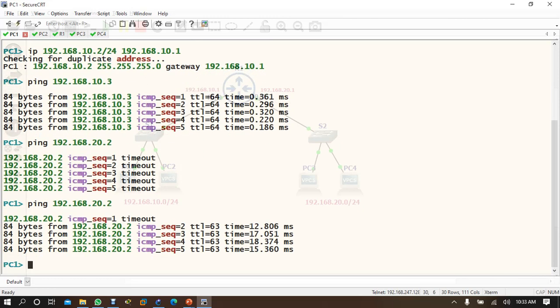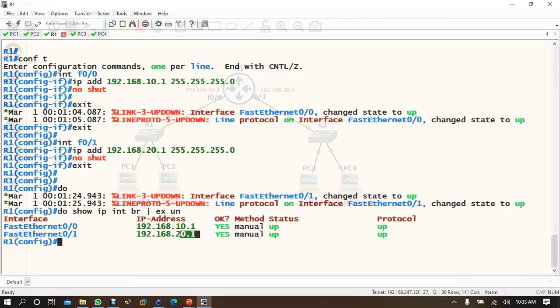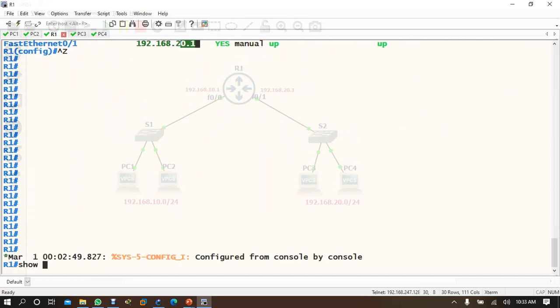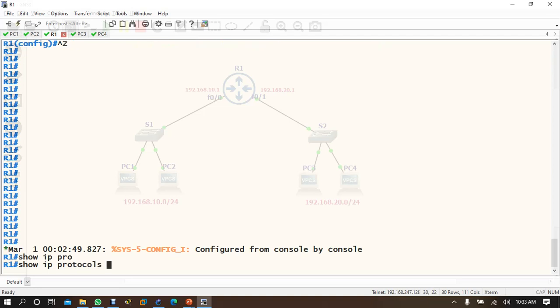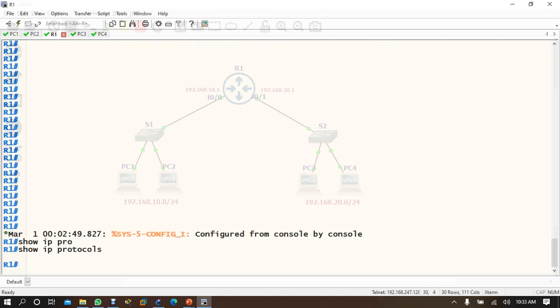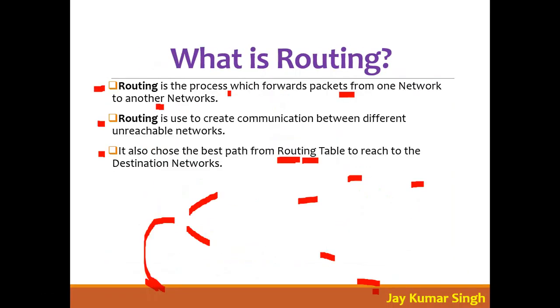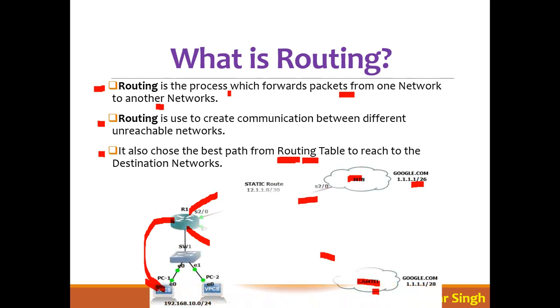Did I configure anything on the router? If you come to the router and check show ip protocols, and enter, see, no protocols are running. No routing protocols are running. But if you check here, see what the router communication process is. Here it directly says that whenever you ping to any network, suppose I am pinging to any network, for example, right?